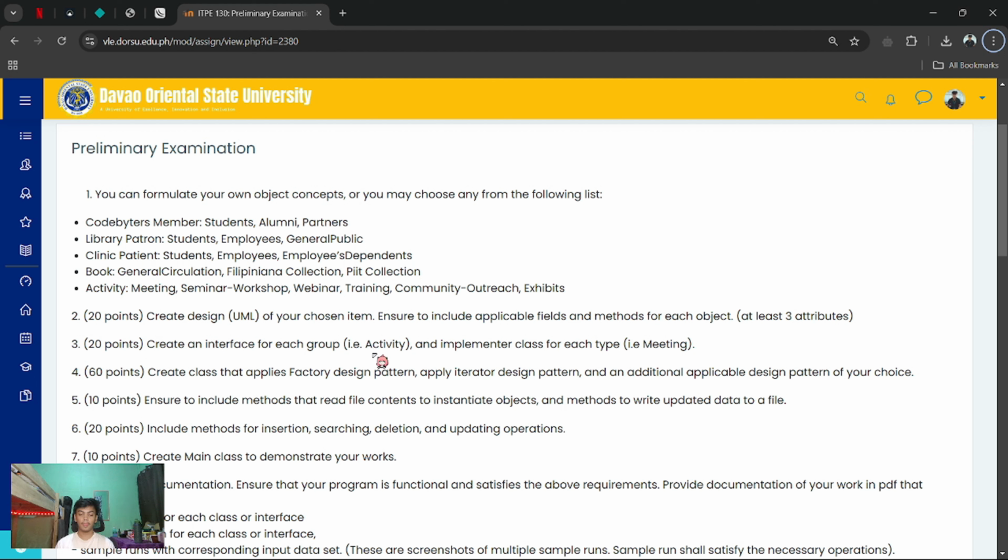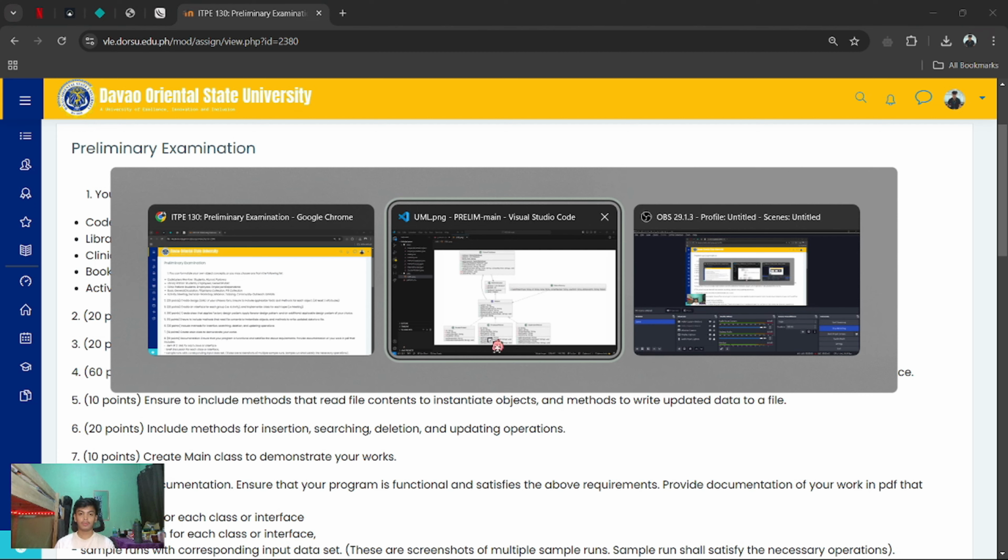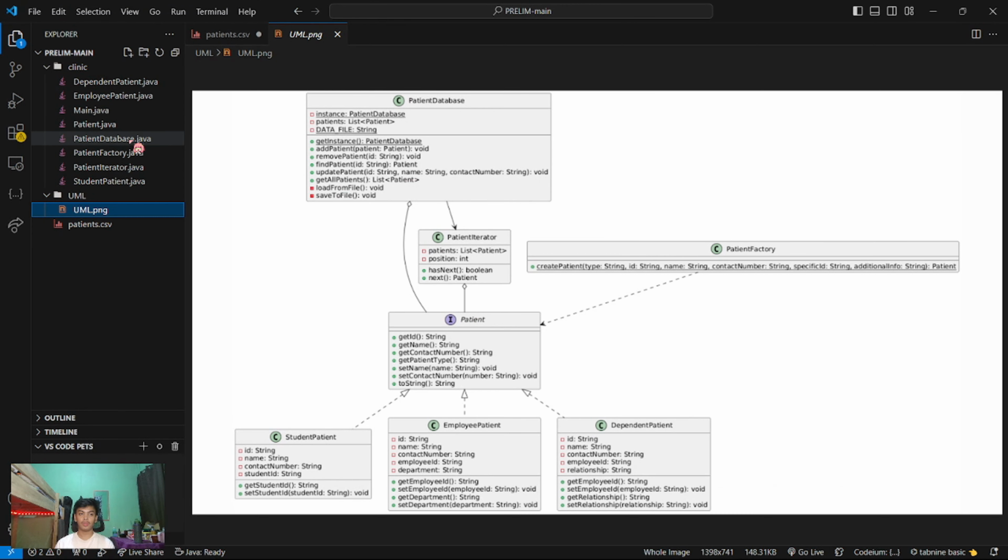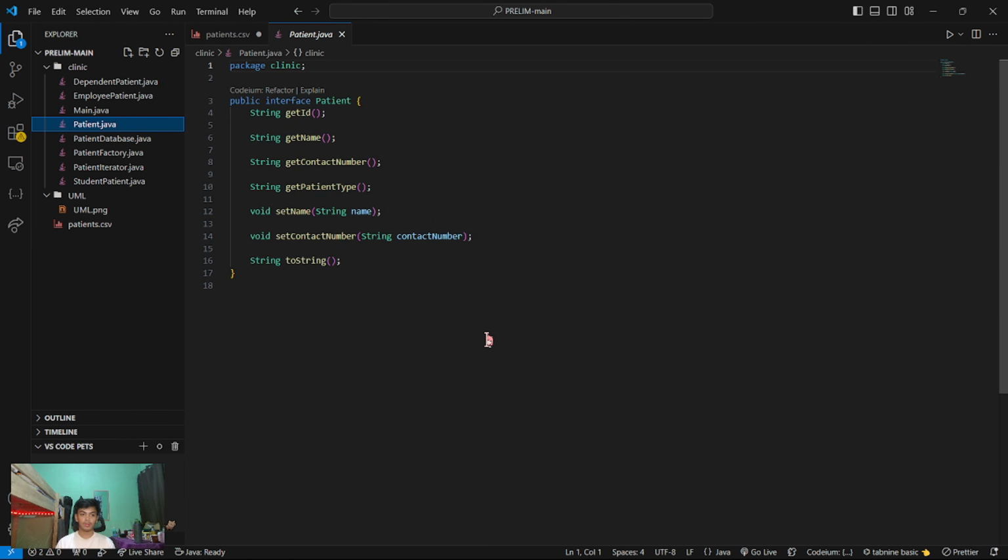So now we'll create an interface for each group, for example activity, and an implementer class for each type. Here I will show you the patient.java that includes the interfaces for each group and the implementer class for each type.